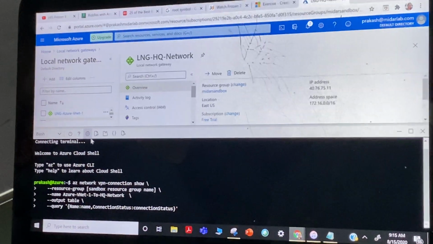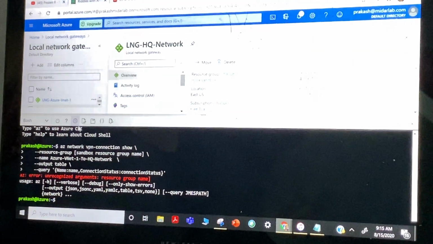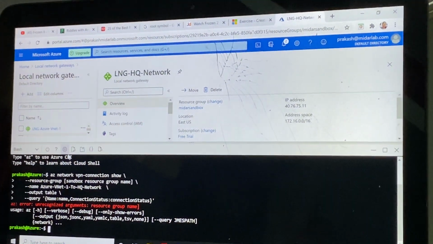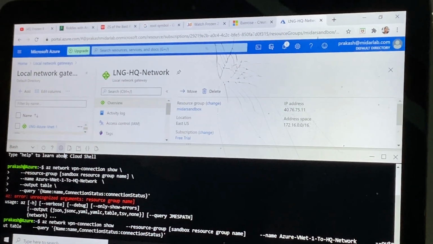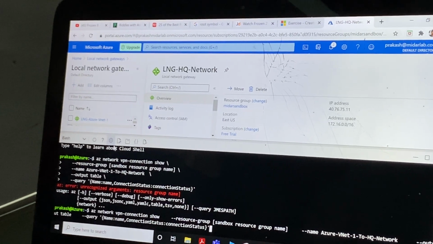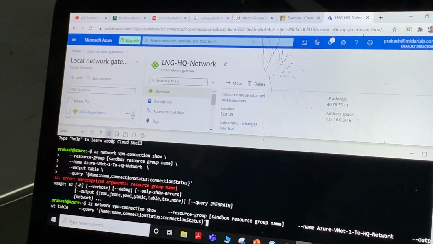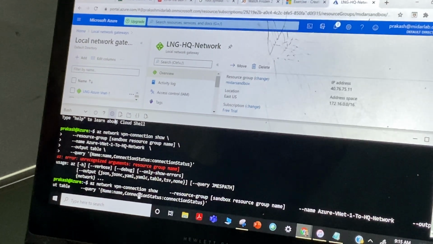Yeah, the resource group I have to change.